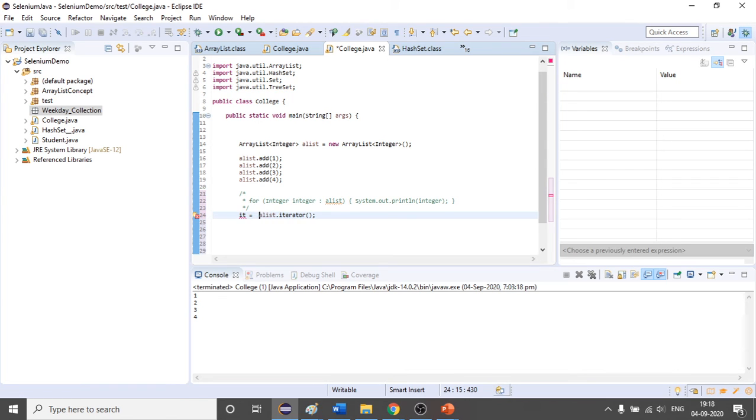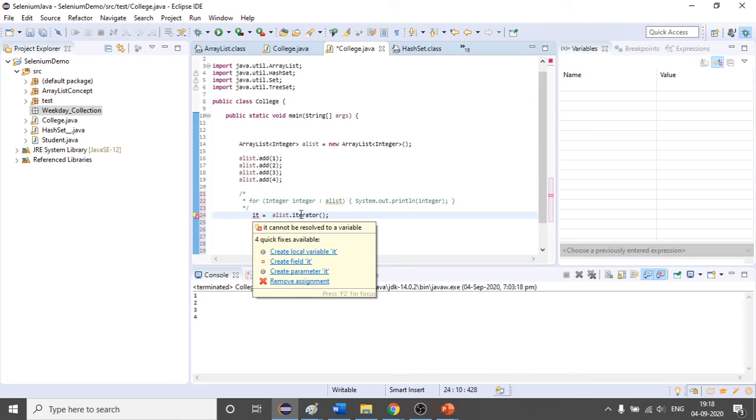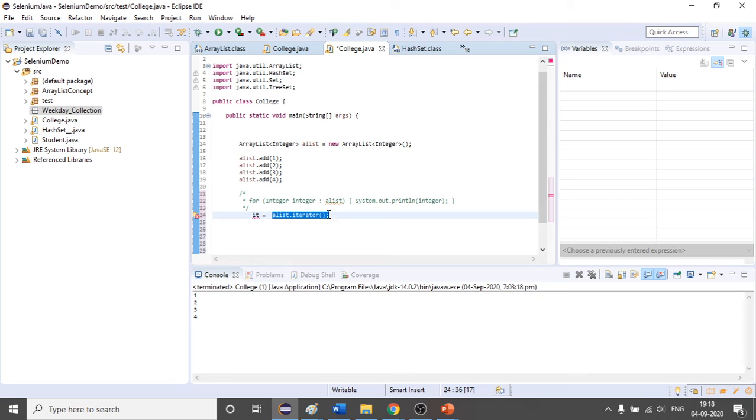You can see it is throwing an error, because whatever iterator it will return, it will be of type interface. I have already shown you the return type, so we have to make one interface. We have to tell that it is of type interface, and it is just storing the integer value.